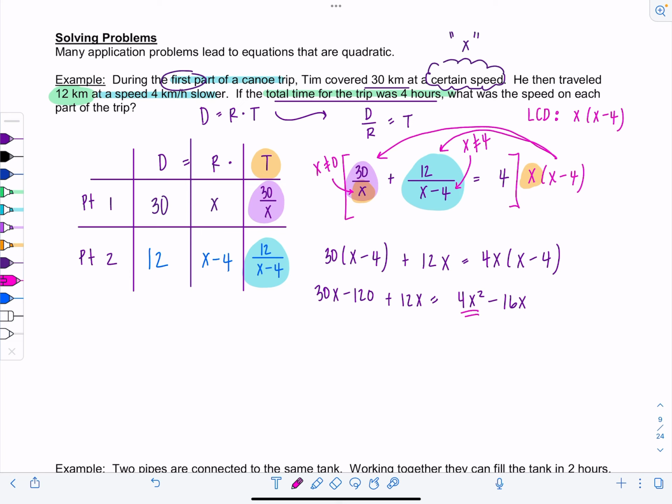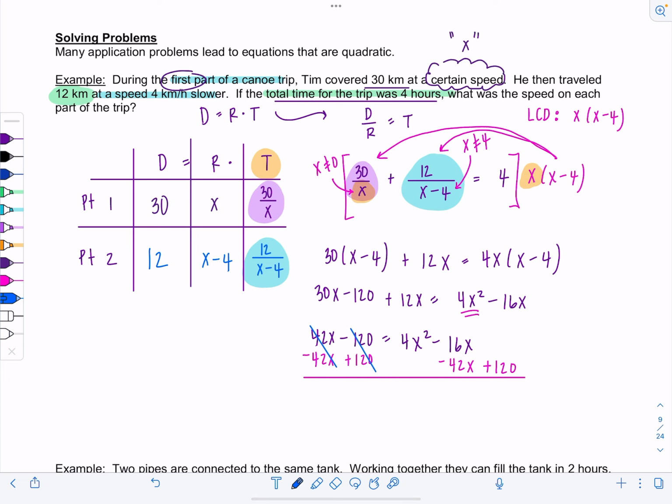Okay, so setting everything to 0. Before that, let's clean up. This is 42x minus 120 equals 4x squared minus 16x. So I'm going to subtract 42x and add 120. That way I have a 0 on one side. It doesn't have to be the right side, okay? Whichever side is nicer. I want a 0 on the left because I like to keep the x squared term positive always, okay? So now we have 0 equals 4x squared minus 58x